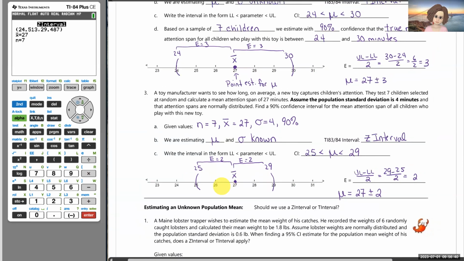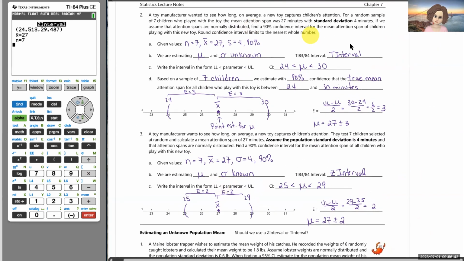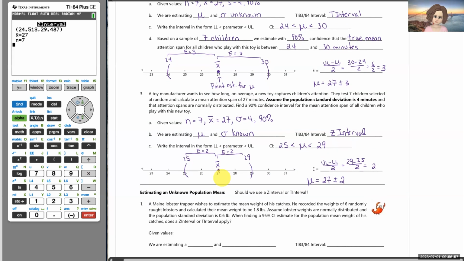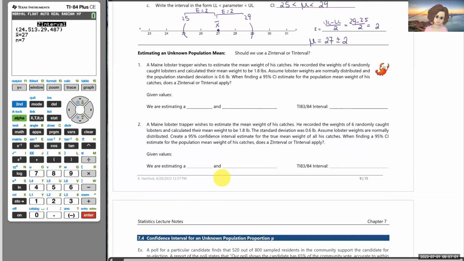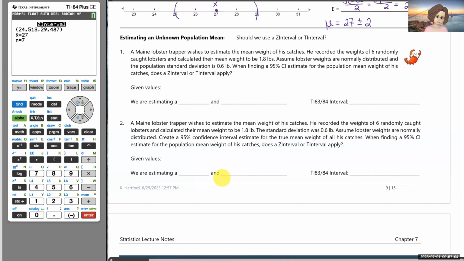All right, so as we read questions, estimating a mean, we're going to look for that information on sigma, whether it's known or not. So the last 2 questions here, rather than doing an entire confidence interval, we're just going to focus on reading the question and determining which interval would apply. All right, I call this my lobster question. All right, so number